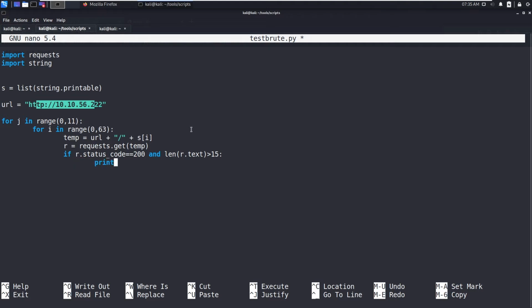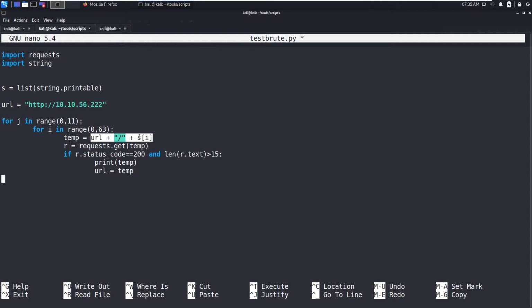Then I want to print this URL, print of temp. After printing the successful URL, I want to make this URL as this one, so url is equal to temp.